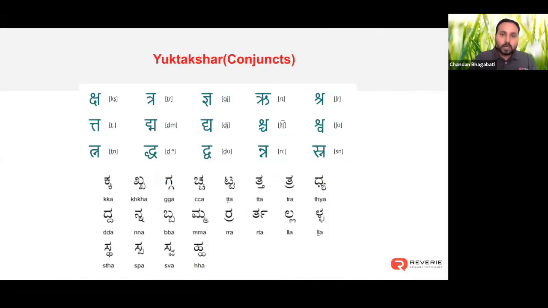And after learning the Barakhadi, you need to know a few specific forms, conjuncts. We call it conjuncts or Yuktakshar. Why? It combines two or more consonants to form a different character. So these are the conjuncts, and we need to learn this. These are some examples for Hindi and Kannada, and for all other Indian languages, these forms are available in